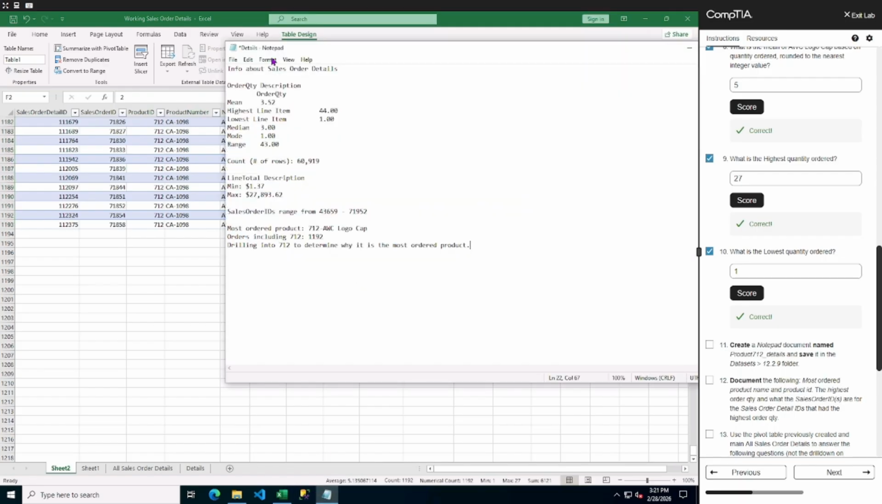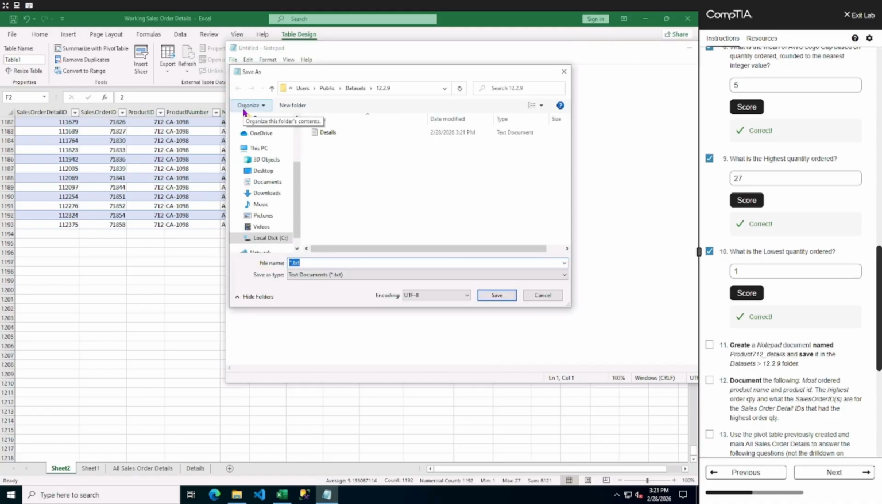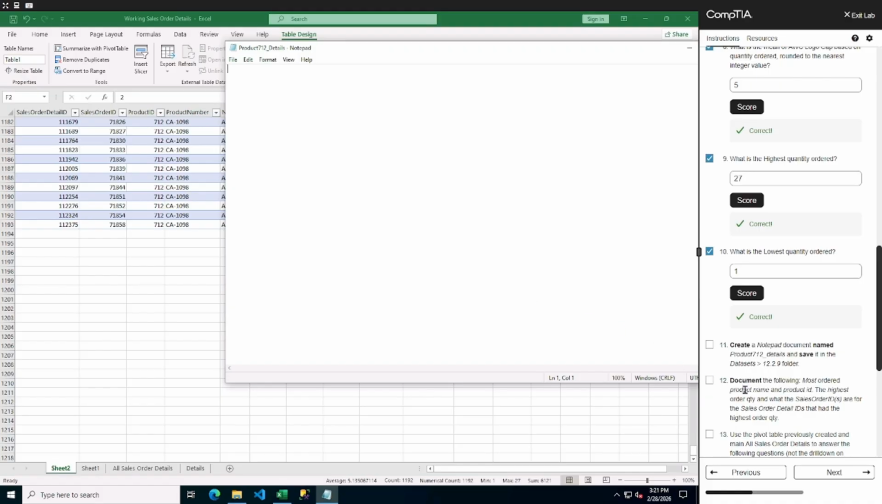So we're creating another notebook. Let's save this one. We'll save this as Product 712 Details. In this folder, good. Okay, we want to document the following: most ordered product name and product ID, the highest order quantity, and the sales order IDs for the sales order detail IDs that had the highest order quantity. The most ordered product name